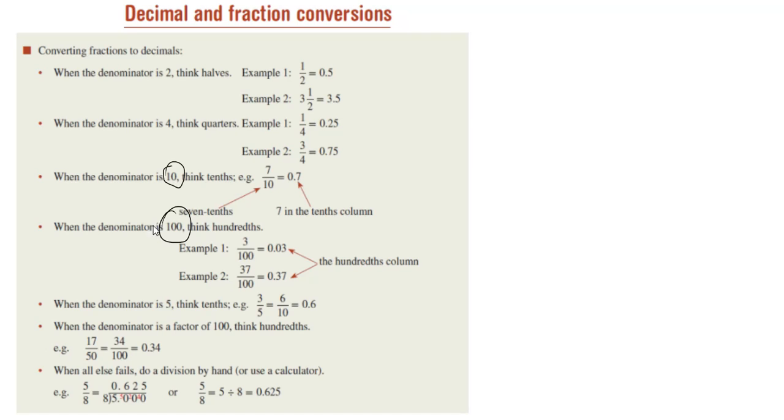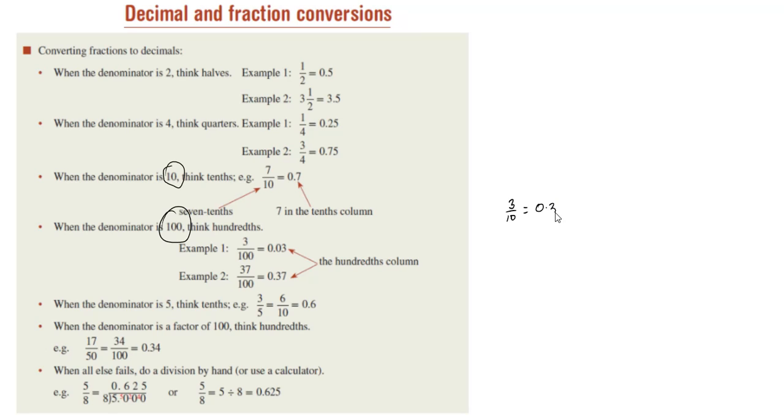Now, if a fraction has a denominator of 10, then the decimal will have one place after the decimal point. One decimal place after the decimal point. If it's a denominator of 100, then there'll be two places after the decimal point. Okay, very simply. And then we are just writing the numerator as the decimal part. So for example, if I had 3 over 10, that would be